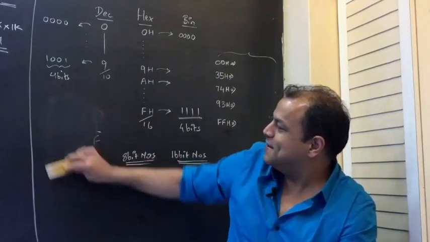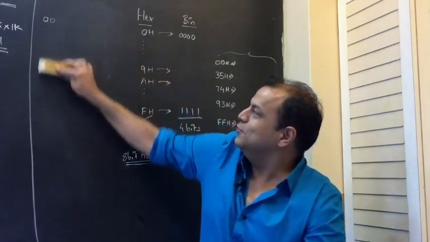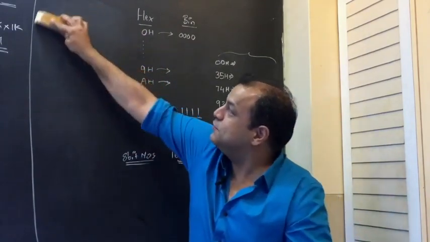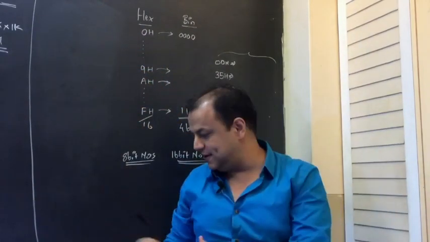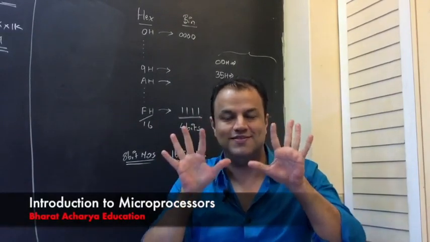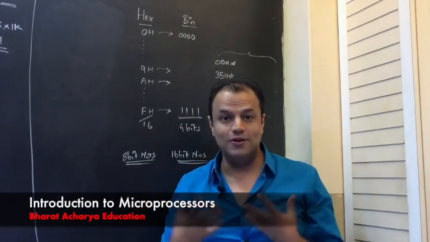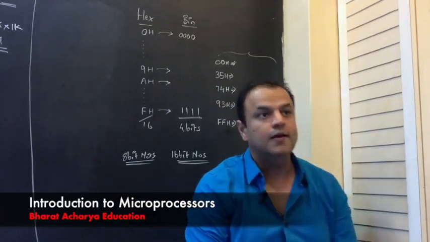So in computers, we do not use decimal system. Decimal system is for the real world because it's easy to count. It came from this. It's the age-old system. At that time, all these concepts were not there, obviously. But